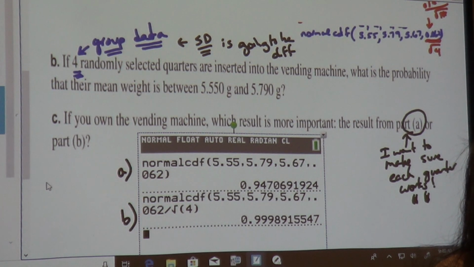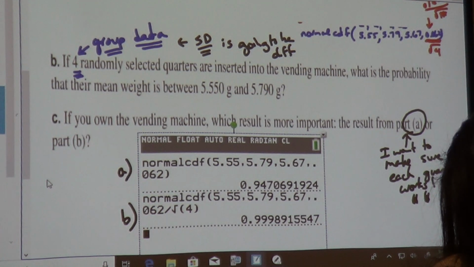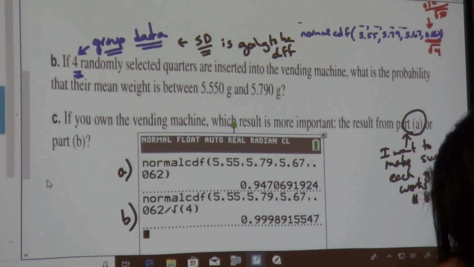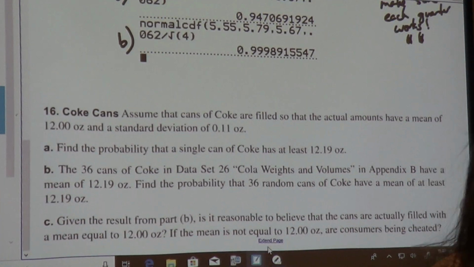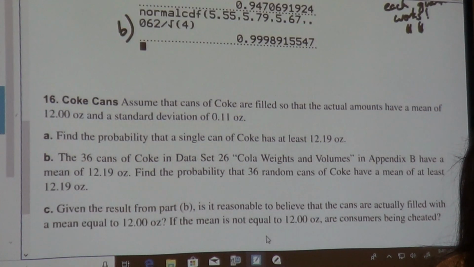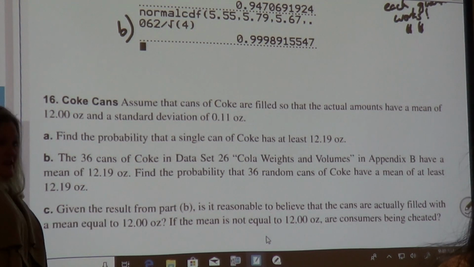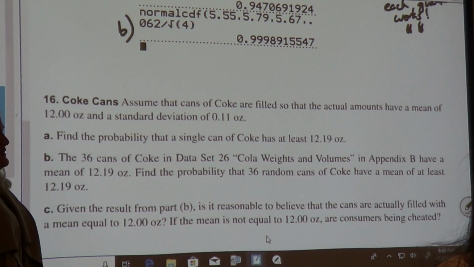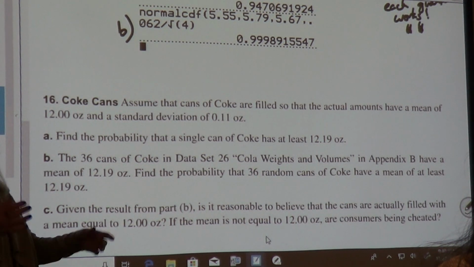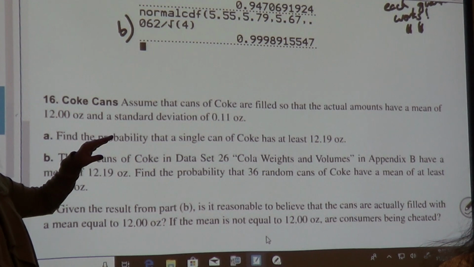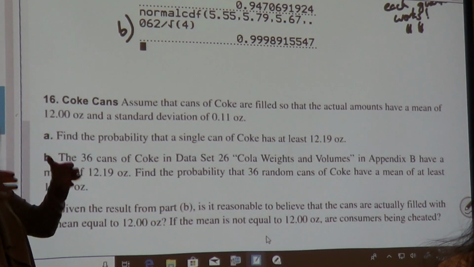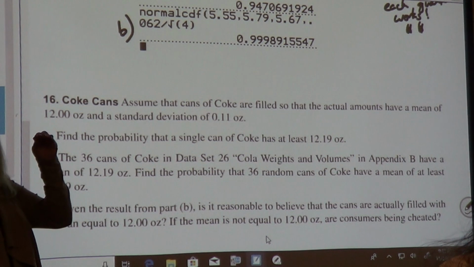I'll do another one. I can totally see me doing this next problem. When I have my husband, I don't drink any caffeine at all. So when I have my husband go into the store to get me a water or a lemonade, I always say, get the one that's the fullest. If you look, now in cans you can't tell, but in bottles, some are a little bit fuller than others.